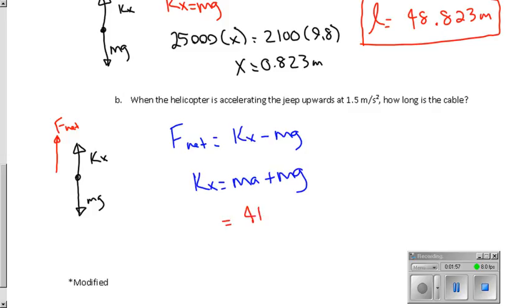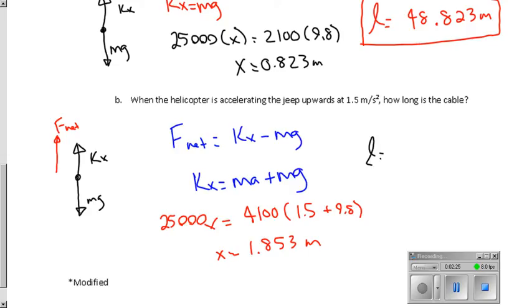So it's going to be 4,100 times 1.5 plus 9.8, and that's going to equal 25,000 times x. As we do that, we end up getting that our stretch distance here is 1.853 meters. And so what that means again is that our length is our 48 plus 1.853, or